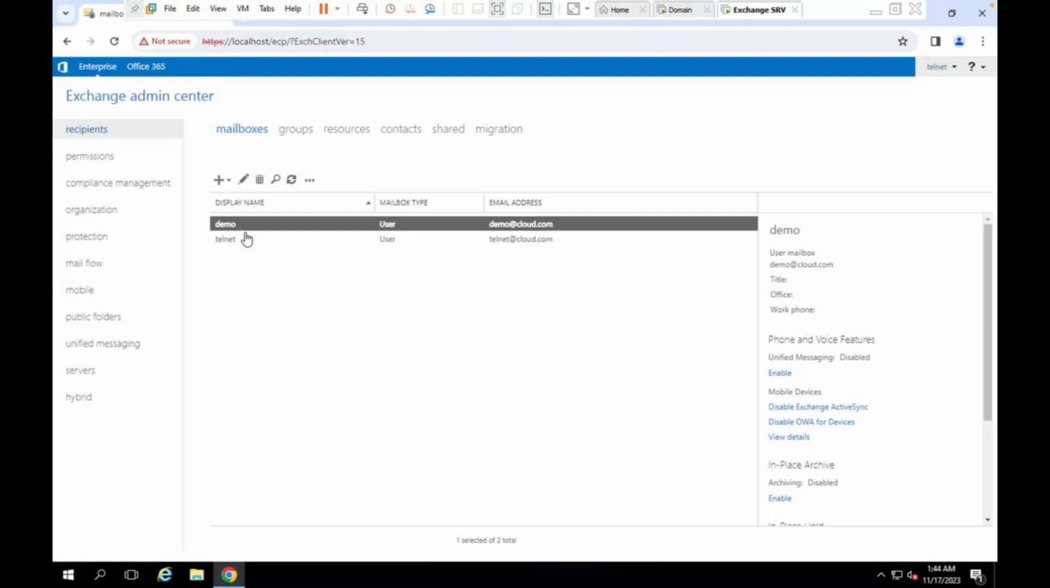Okay. Is that okay about the recipient? Yes, recipient and mailboxes, groups, resources, contacts, shared, migration. Okay, so now we need